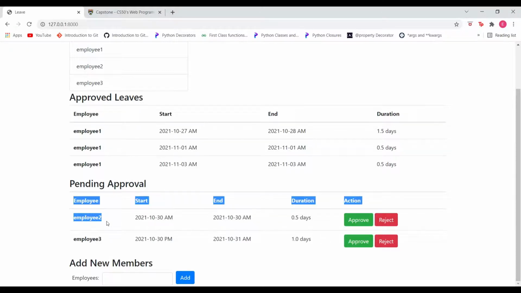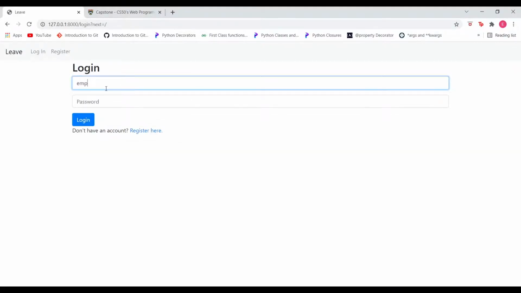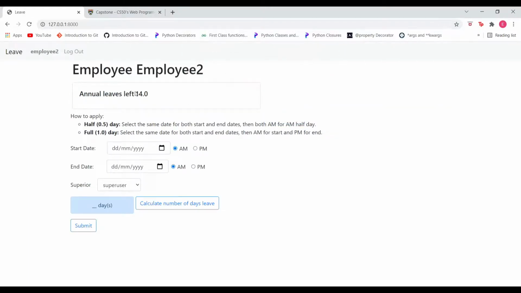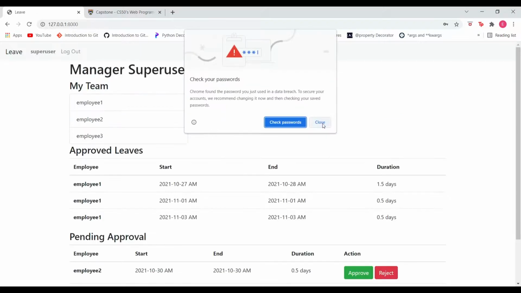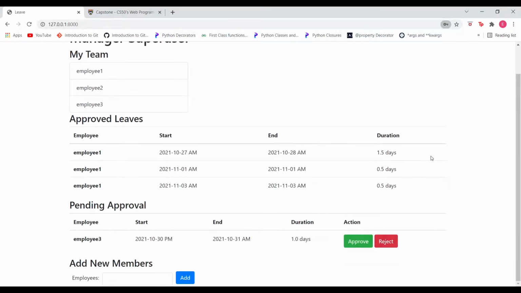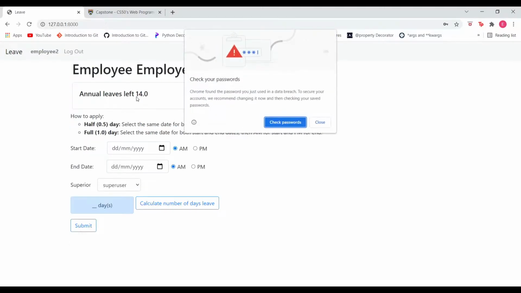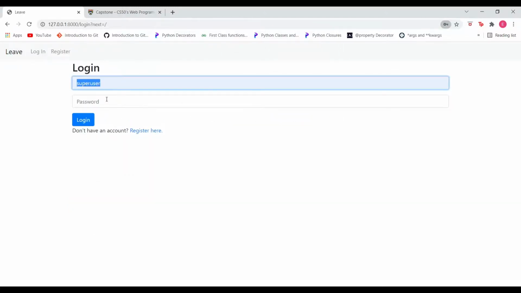So let's go ahead and go into employee tools account. As you can see, there are 14 days by default, and so if you reject, as a manager, your employee's leave, it would not be deducted from the employee's account, as you can see here. Alright, let's go back to the manager's account,